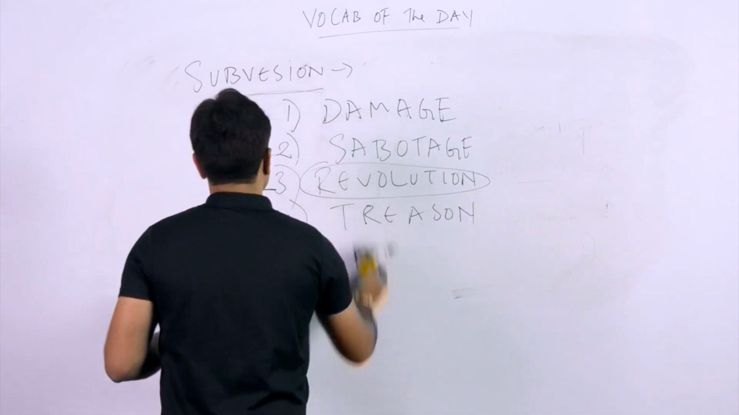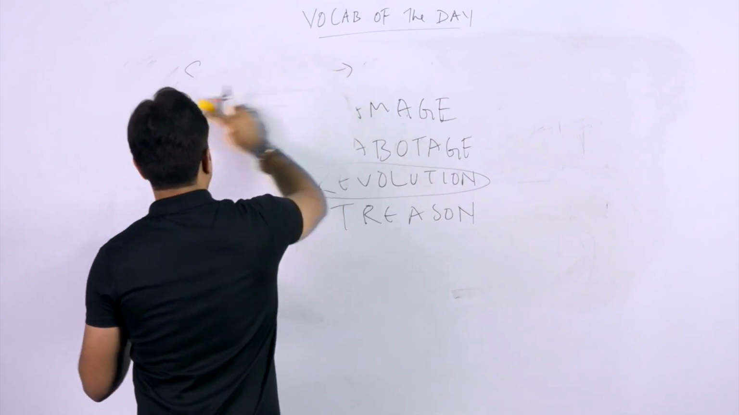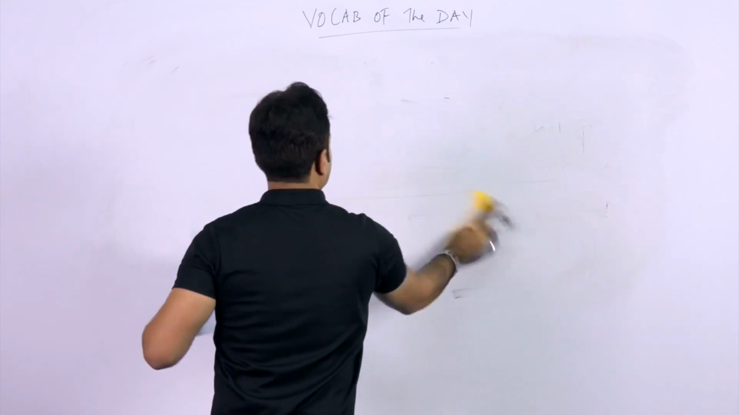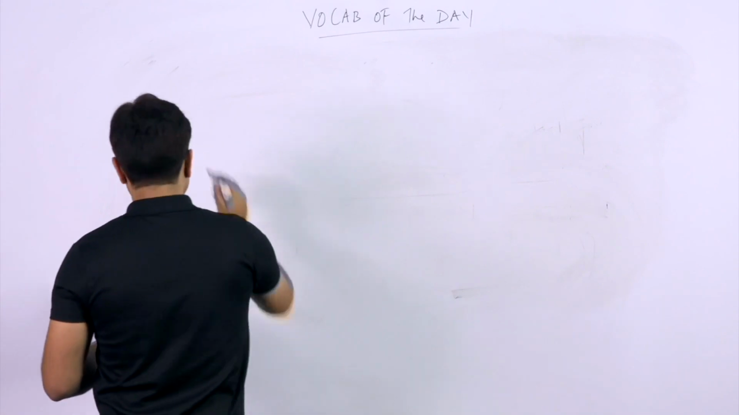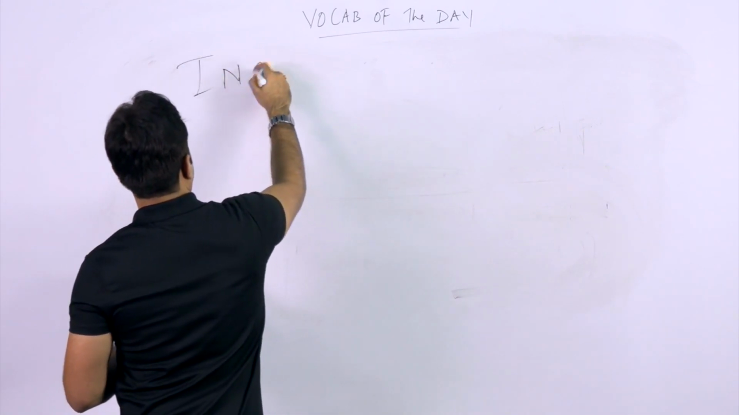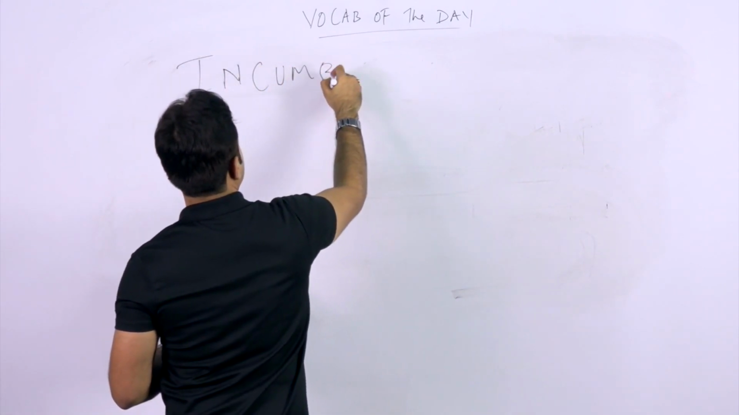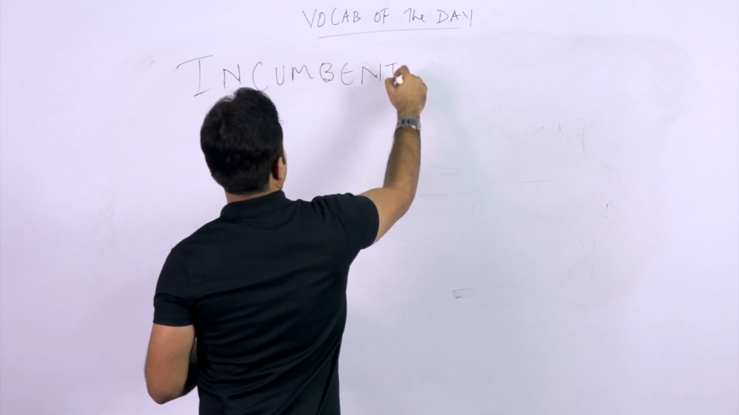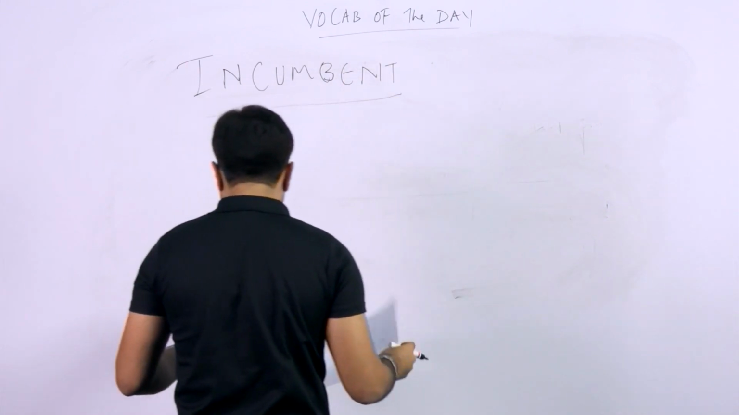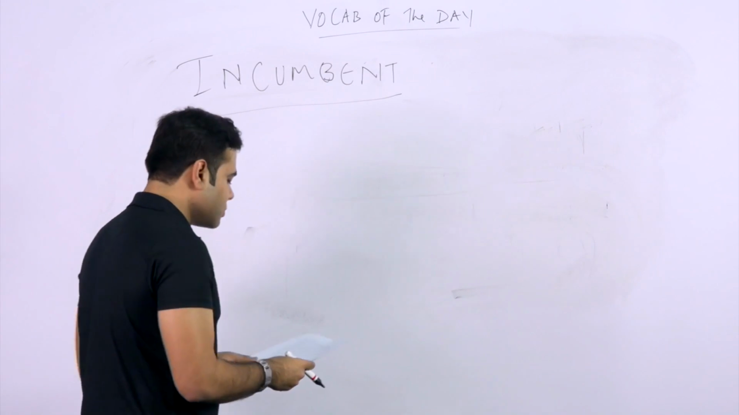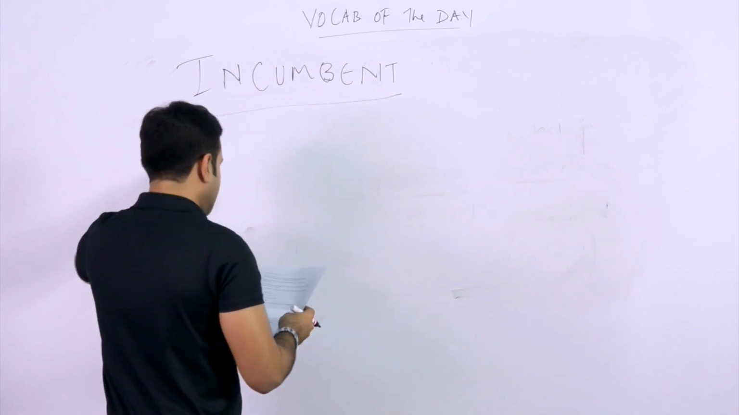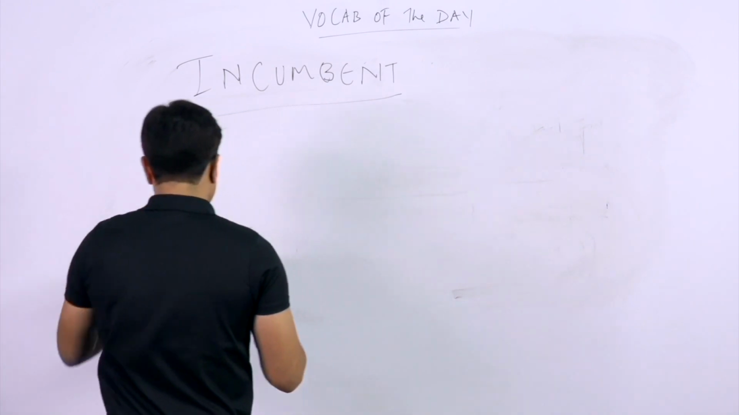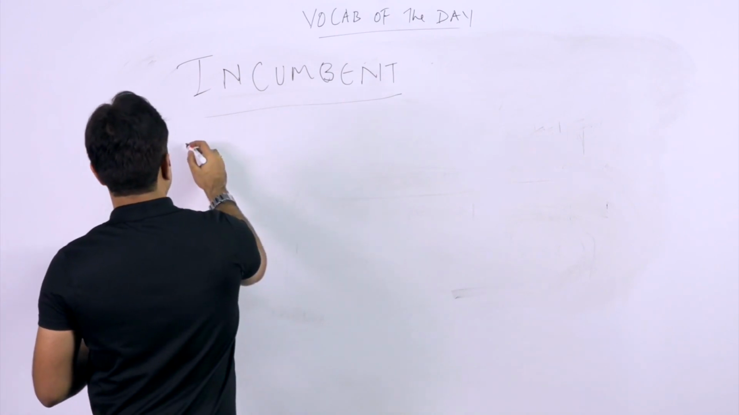Fine. Now let's proceed to the next word, which is the last word of this show. The last word which I have taken is incumbent, I-N-C-U-M-B-E-N-T. Incumbent is a very simple word, students. The example sentence I am going to use here for incumbent is about